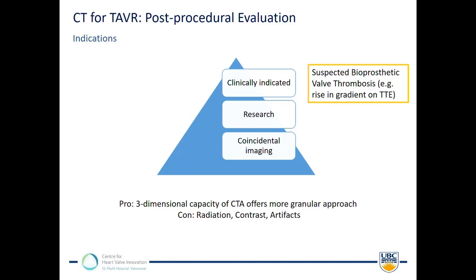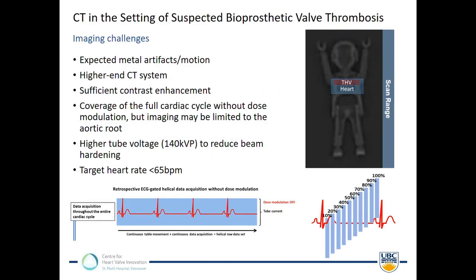And for that reason, I think you may come across patients with TAVR in situ where you may observe findings of leaflet thrombosis. CT is challenging in those scenarios because of metal and motion artifacts, and that's something which you have to keep in mind when choosing the appropriate protocol or the CT system to be used. I think what is most important is to cover the entire cardiac cycle, and that's often forgotten about. This gives you redundant data to choose from, also provides you with both systolic and diastolic information, which is important to then also judge the degree of leaflet restriction.